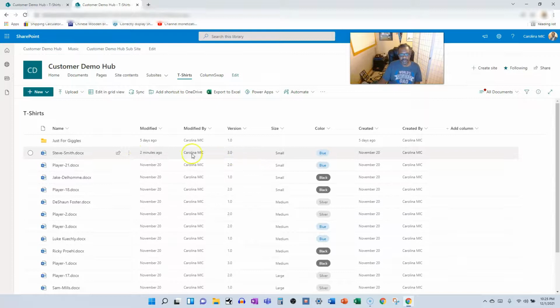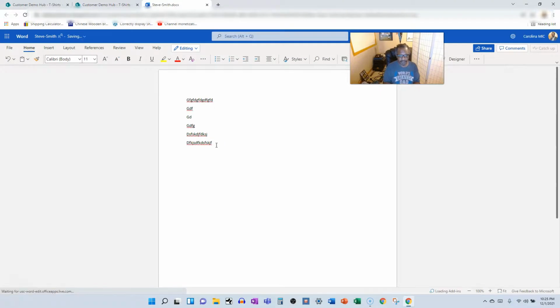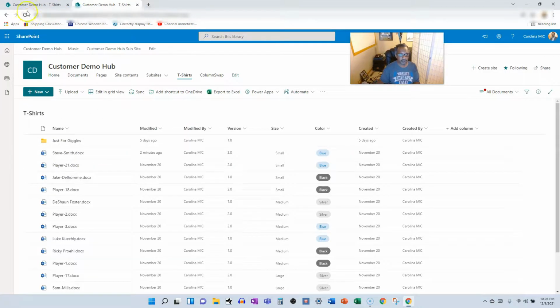So now what's going to happen is when I edit this file here, the next version is going to be version 3.1. So let's go in here and make an edit. There we go, and we'll close that and refresh, and we should be at 3.1. There we go, 3.1. So in a real life scenario, if you have users who just read this library and they rely on you to publish the most up-to-date stuff, then you can just be in the background making updates,